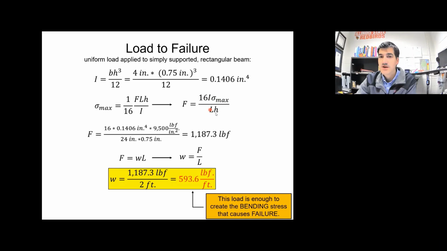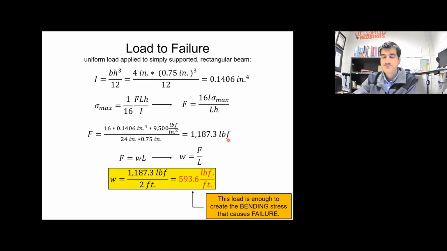And I know all these things, so I can plug in. 16 is from the constant. This is our moment of inertia. This is our stress value, which is the flexural strength. And this is L. Once again, I have to put it in terms of inches so that the units cancel out. And H is the height of the beam, which we were given as 3/4 of an inch, or 0.75 inches. So plug these into your calculator, cancel out your units, and you'll find that the force required to reach that stress level is